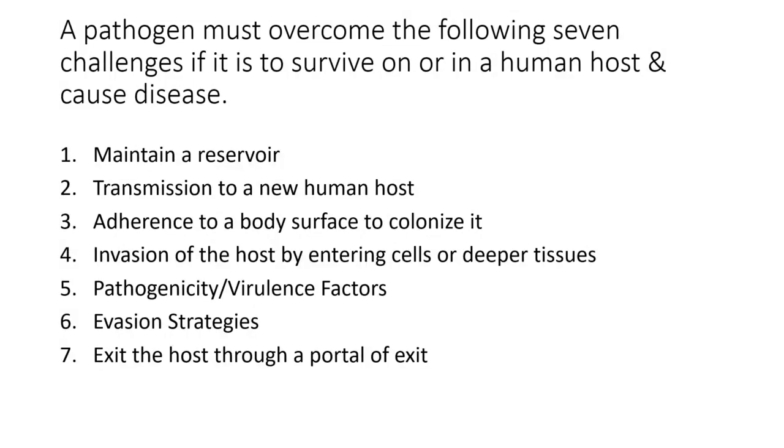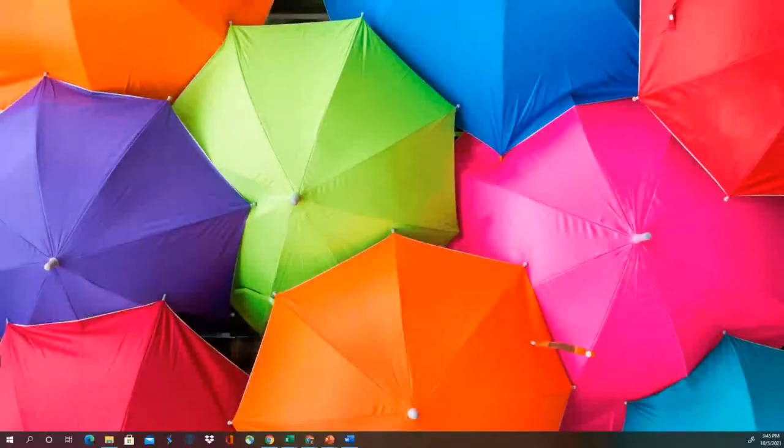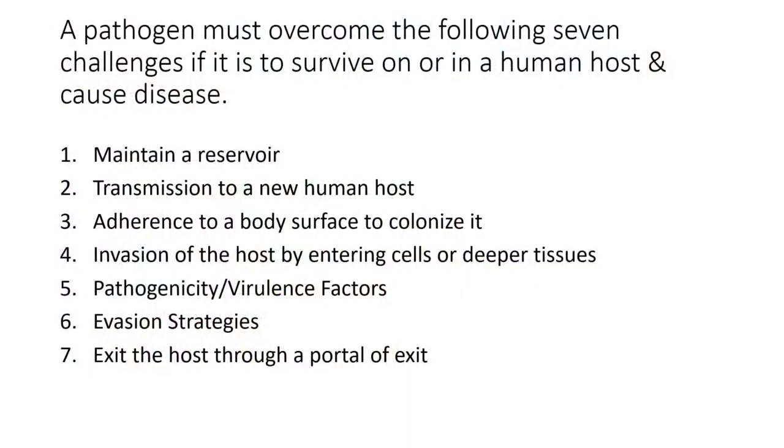In order for a pathogen to be able to infect a host and actually survive long enough to cause disease, 7 steps must be taken and completed by the pathogen. Okay, so it's going to have to maintain a reservoir. It's going to have to be able to get into a new host, attach to the specific cells that it's going to get into, invade those cells or deeper tissues, and then it's going to use certain strategies called virulence